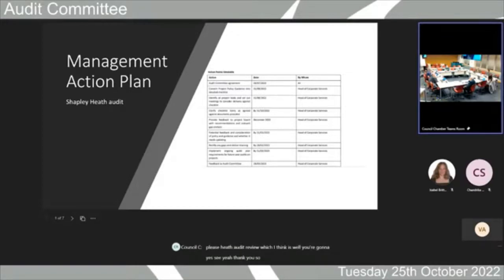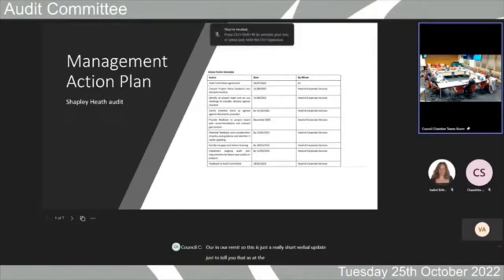So most of you will remember that we had the Shapley Heath audit review, and I prepared a management action plan from the business side of things to make sure that we looked at other projects within the organisation and made sure we were following the appropriate protocol, the appropriate steps, for all of the other projects that were in our remit. So this is just a really short verbal update, just to tell you that as at